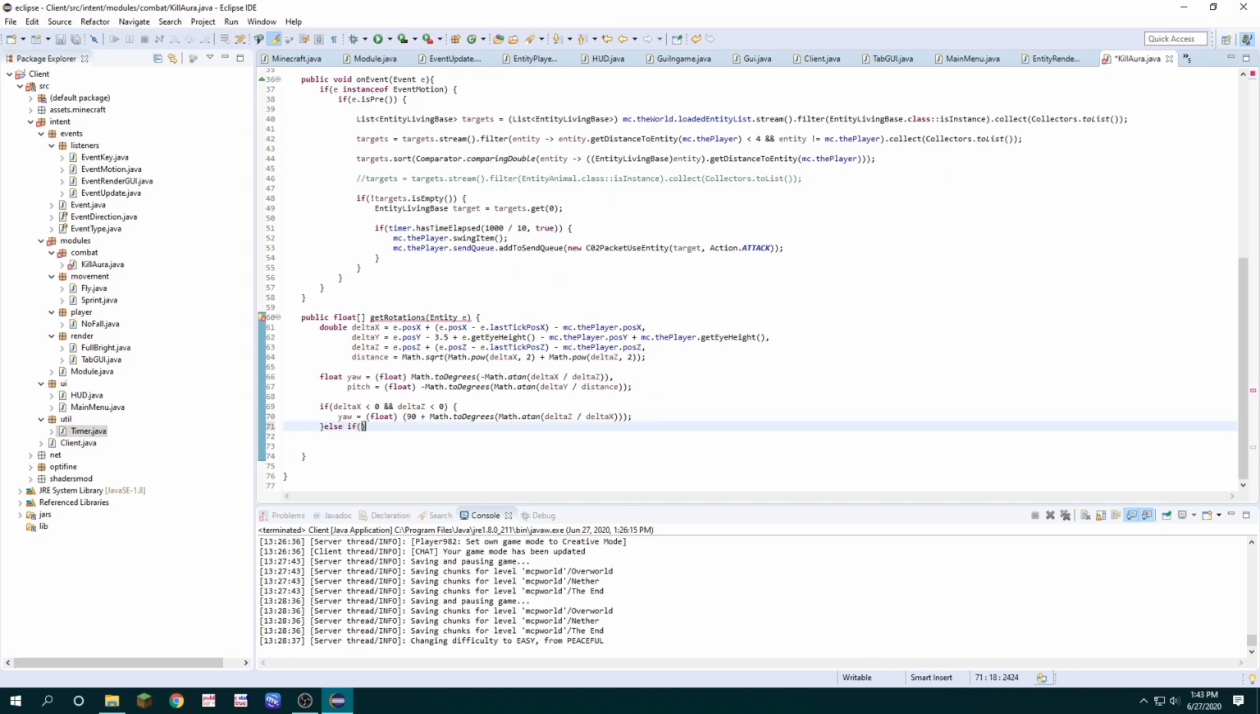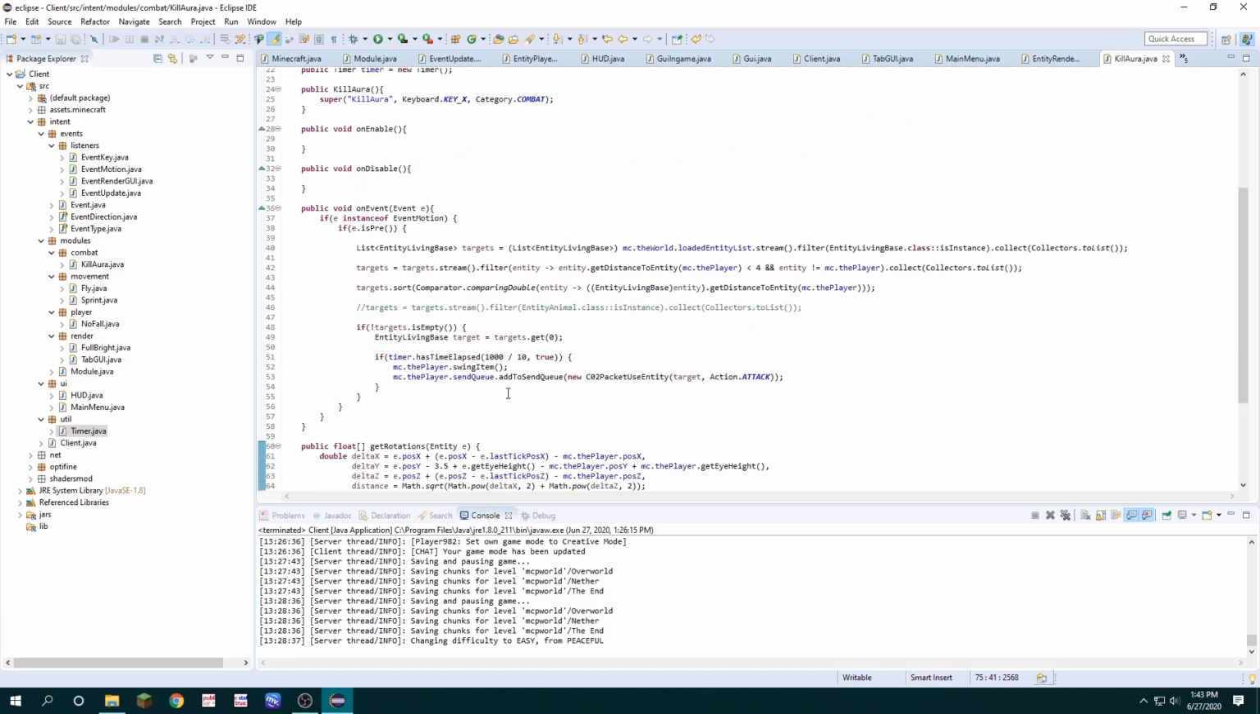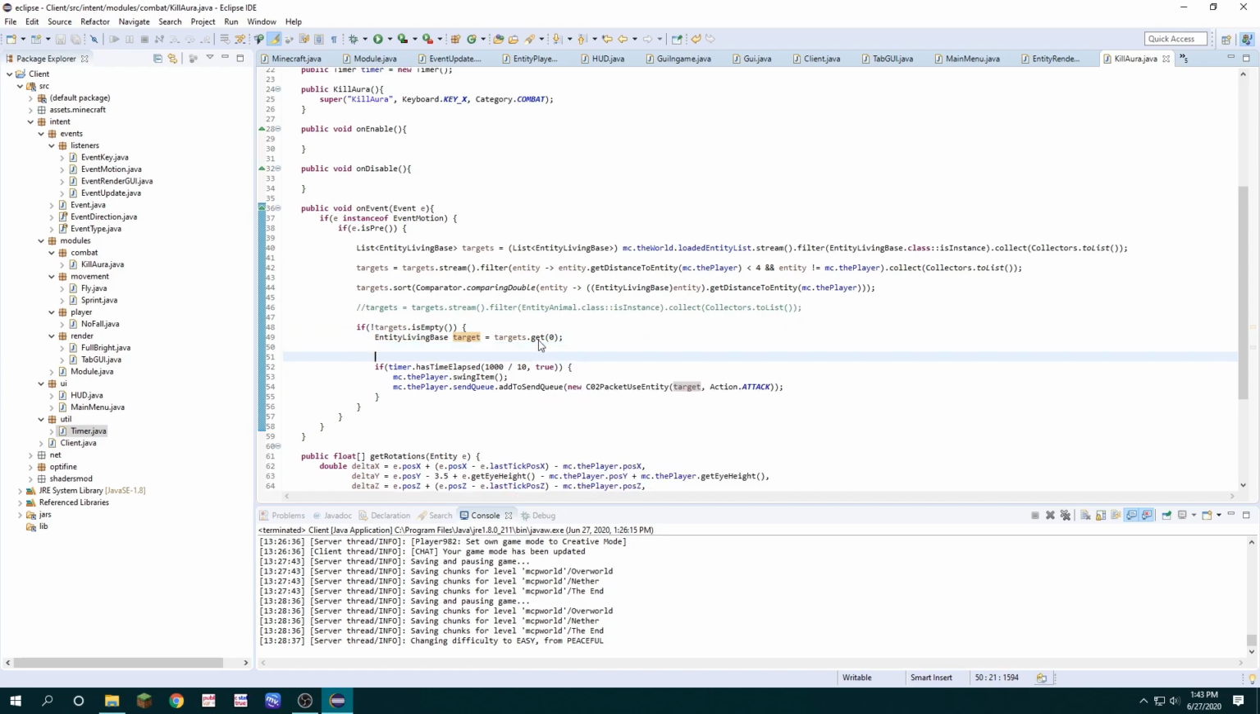And we'll also say if the x is greater than 0 and the z is less than 0, then we're going to also take this statement, but we're going to switch the 90 to a negative 90. And then we can just return a new float array with the yaw and pitch as contents of the array. Now, if we go back here to where the target is pulled out of the list,